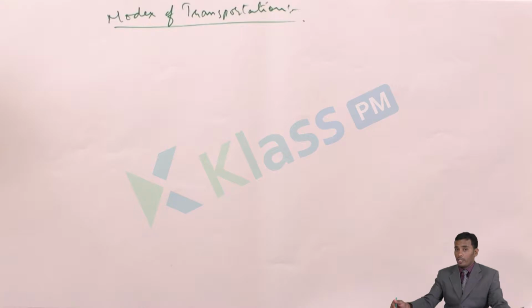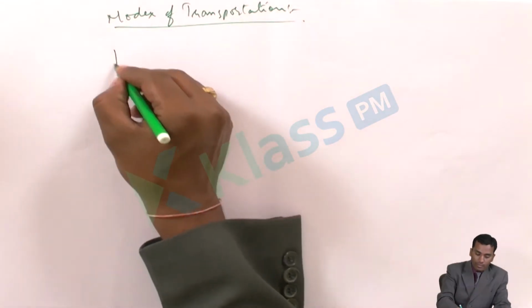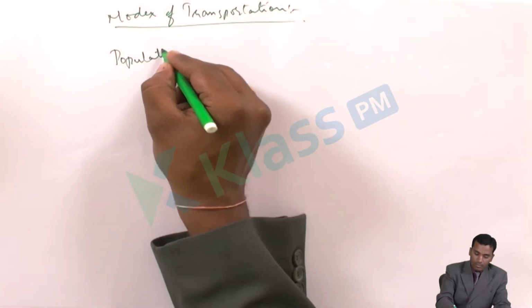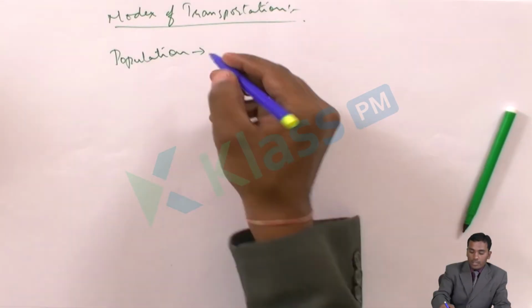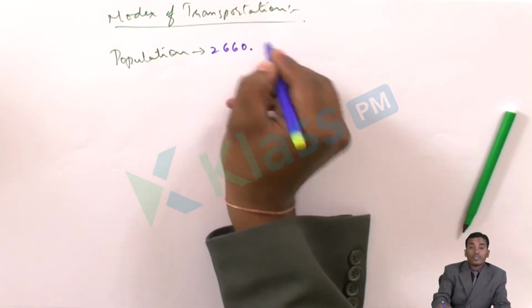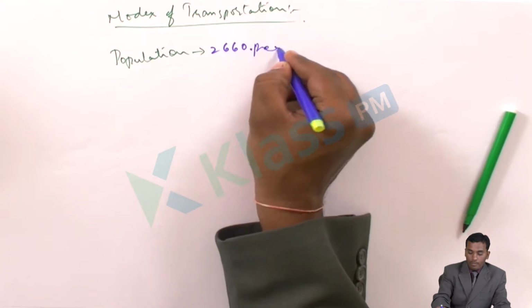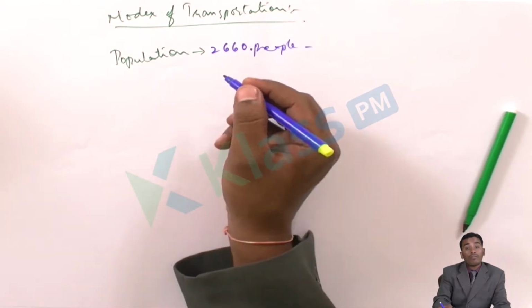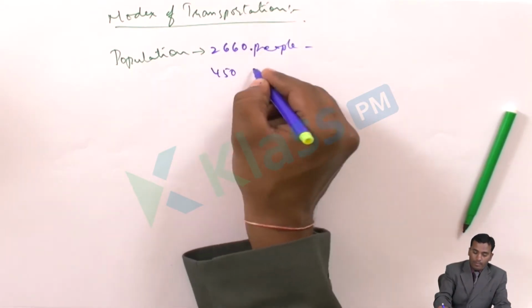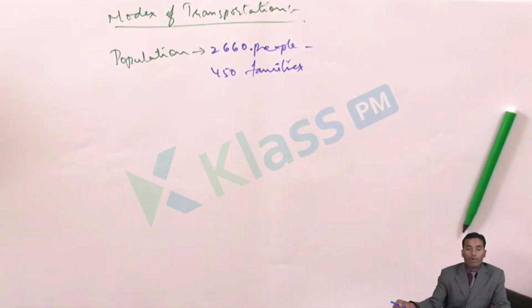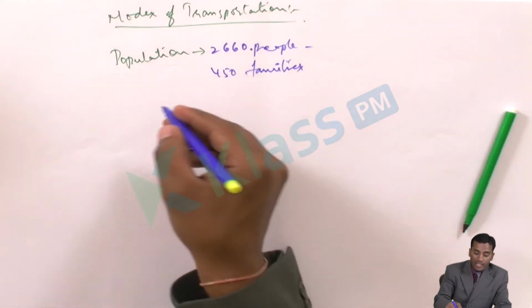What about the population of this particular village? So the total population of this village is near about 2660. Population is 2660 people. In total it is 450 families. 450 families. Out of these, 1/3 of this population is